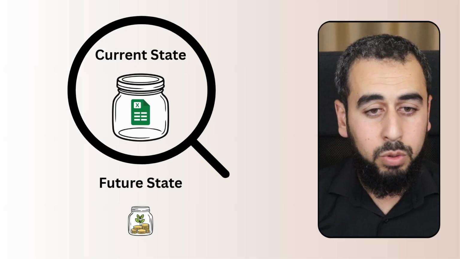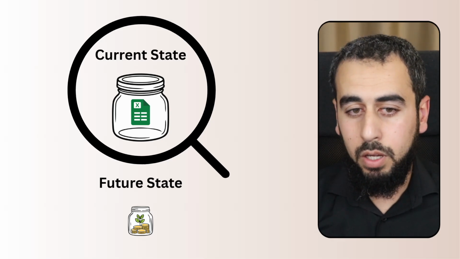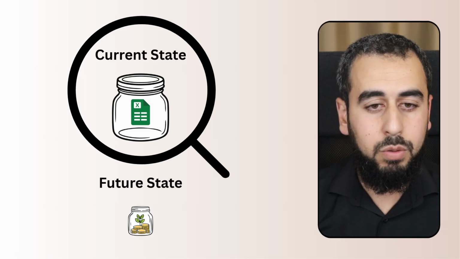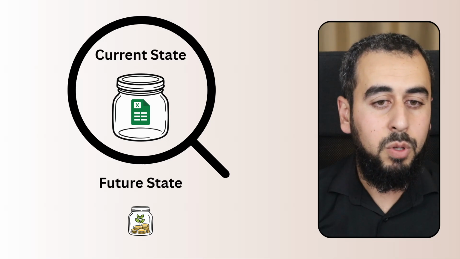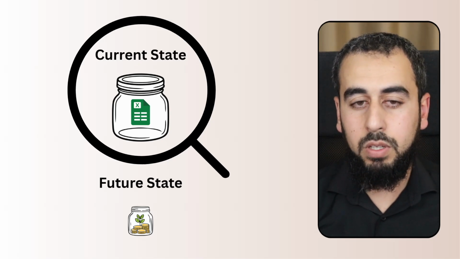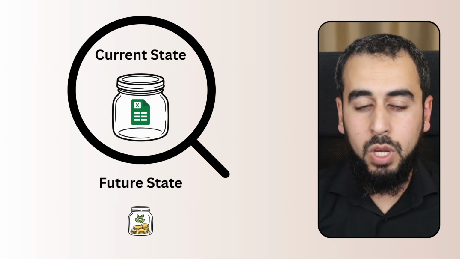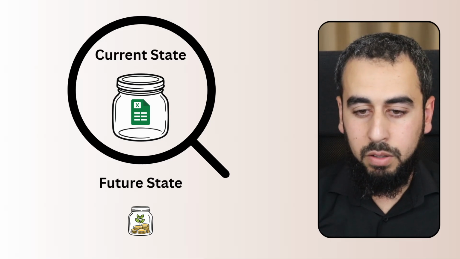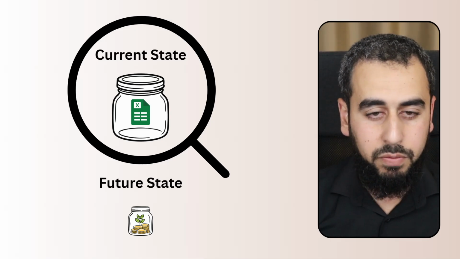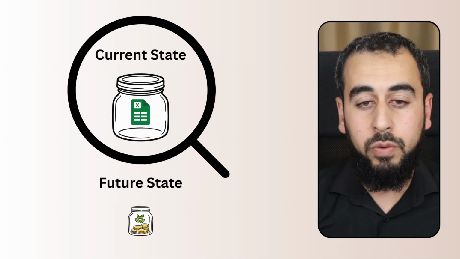Right now we have 10 donors, but at some point it's going to be 100. At another point it's going to be 1,000 donors. Right now we're using Excel sheets. Maybe we're going to use another system in the future. Right now we're using one platform. At some point we're going to have multiple platforms. So what is it that we can do now and keep doing within the next few weeks, few months, in order to prepare for that future state?